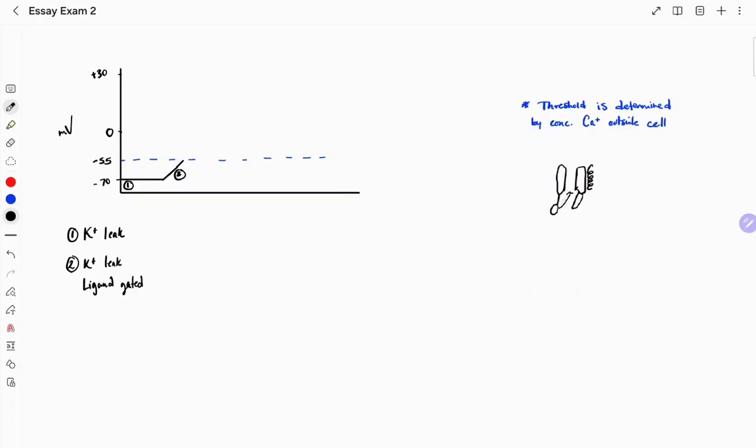But in that very short amount of time, you have a lot of sodium ions that flood into the cell. And what would that mean? What effect would that have on the cell's charge? Well, it would become depolarized, less and less negative